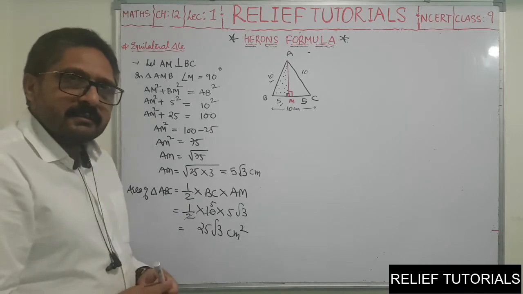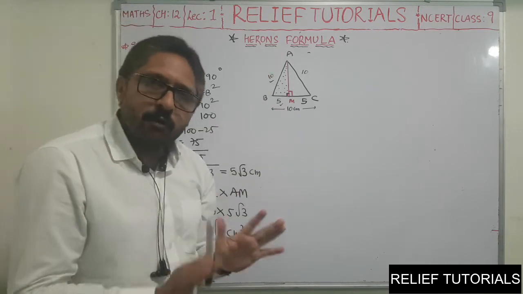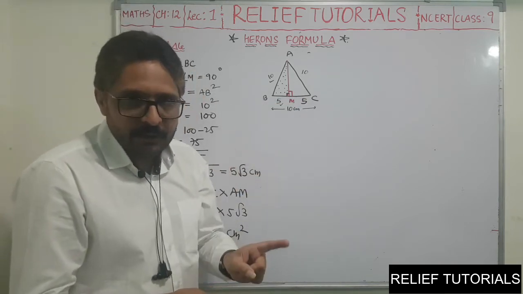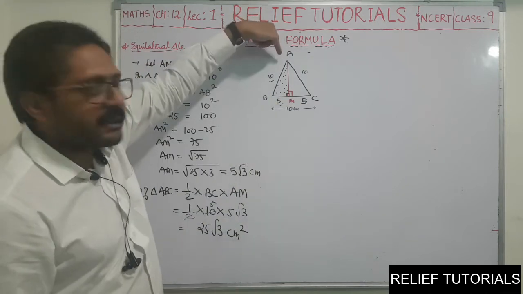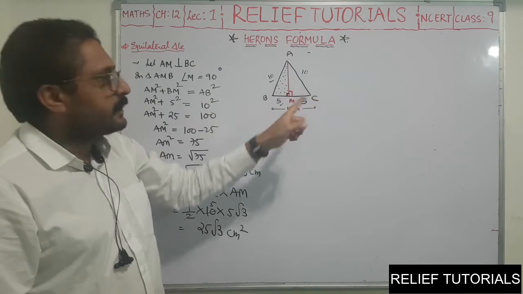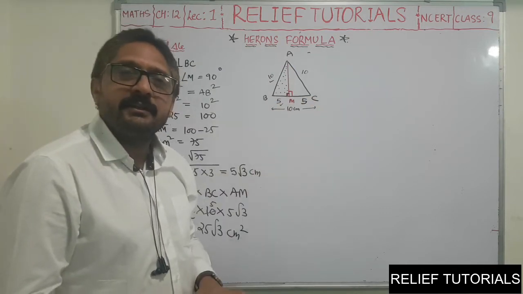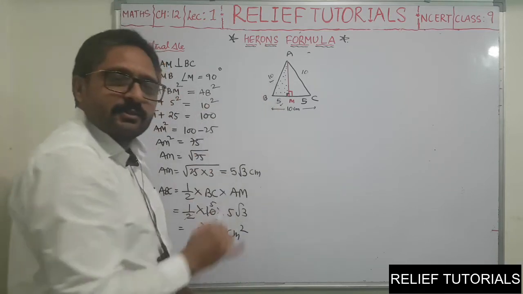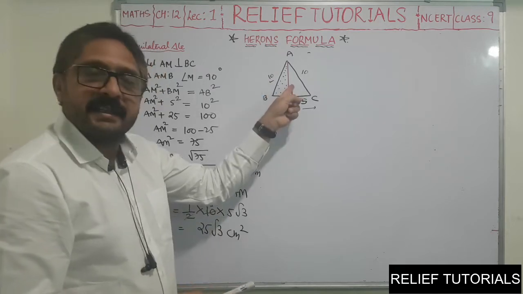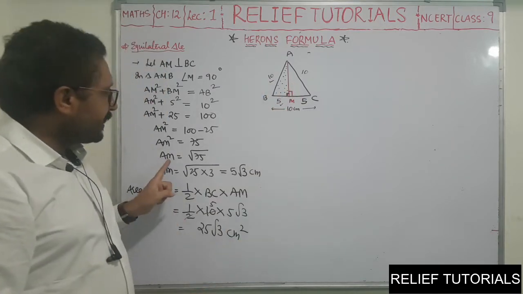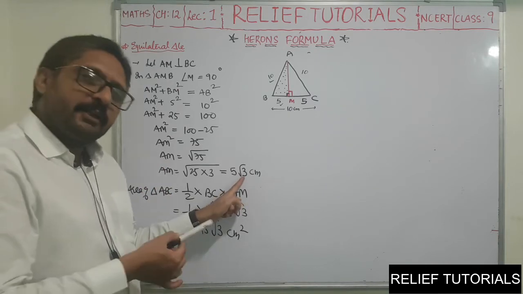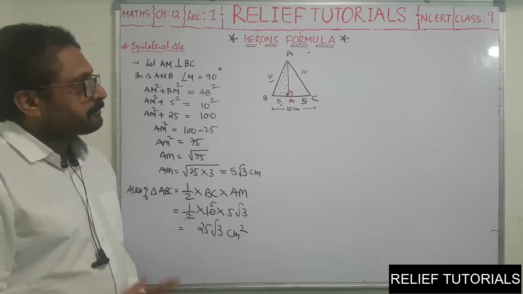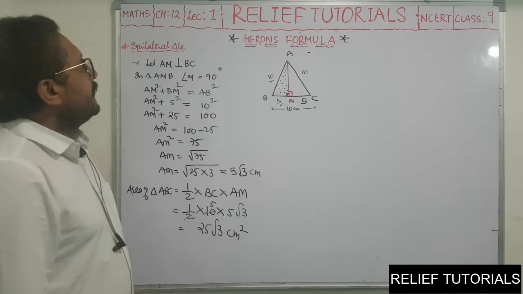So how did we find this? I told you it is an equilateral triangle, so the measures of all three sides are equal. We have the base, we don't have the altitude, so we have to find the altitude. I told you in an equilateral triangle, from any vertex, if you draw an altitude, it will bisect the opposite side, divide it into two equal halves. So now this is the right angle triangle. We have the measure of two sides. So by using Pythagoras, we can find the third side, that is AM, that is the altitude. So we got the altitude, we have the base, so we can find the area.